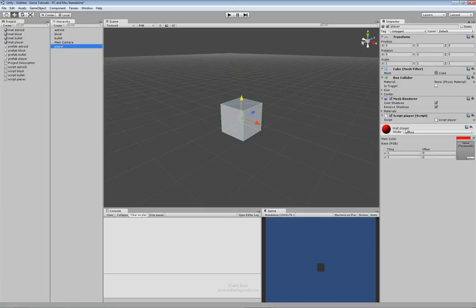So now we have our script file and our material, and that object is basically set up and ready for us to use. The thing that we don't have yet, and we're going to look at a bit later, is tagging this object with a certain tag name. Now with that object ready, we're going to take this object from the hierarchy. We're going to drag this player object into our prefab object, our player prefab right here, and we're going to